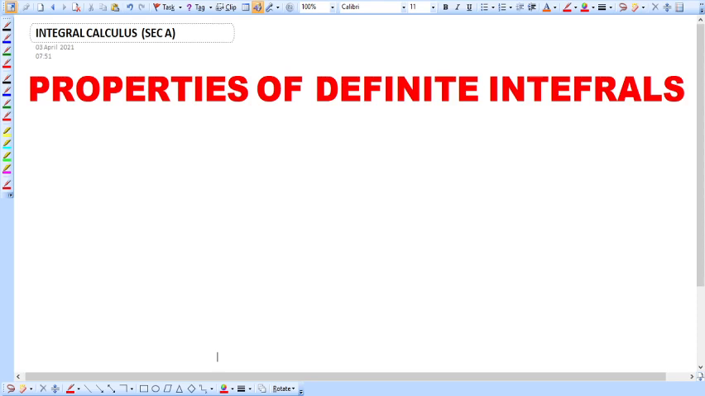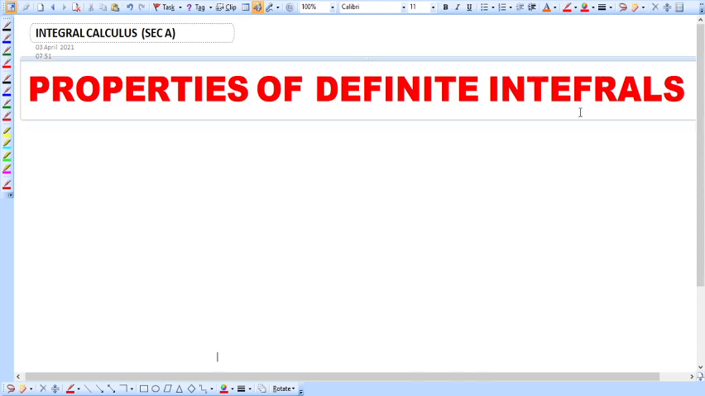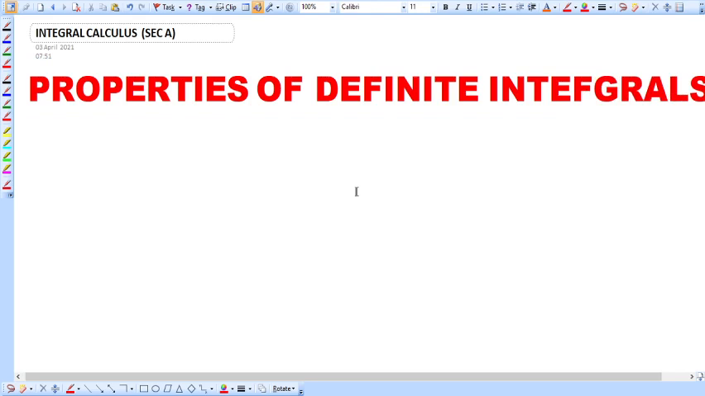In this video we are going to have a discussion on properties of definite integrals. We will be having 7-8 properties on the definite integrals. Then we will be moving to the exercises of definite integrals. So here the first property is